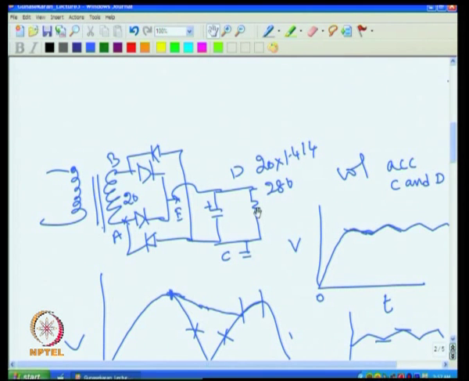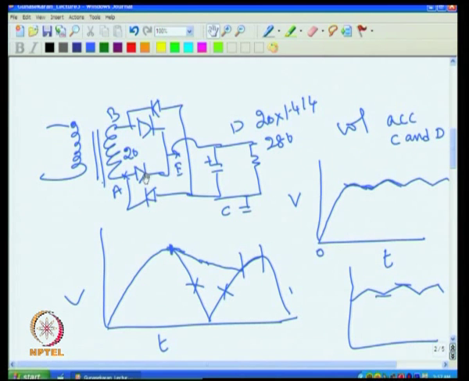I had shown you, by considering this, how much voltage is coming here, and I also showed you that these diodes are not conducting throughout the off cycle, they conduct only during this time. Only for a fraction of the cycle are the diodes conducting. So, the current through the diode during this time will be obviously much more than the load current that is flowing through this. Roughly it is about 3 times, and I also told you that for a particular transformer, if you increase the capacitor value, the conduction angle does not necessarily decrease.